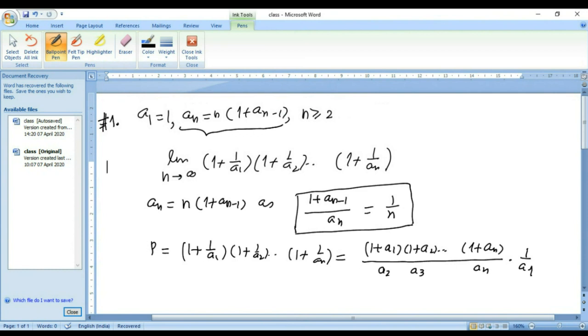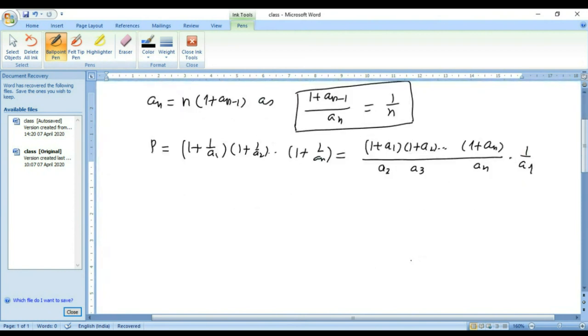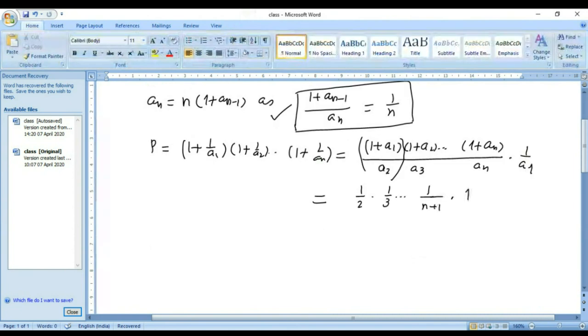So it's like this. Now, in view of the relation, the boxed one, and I just checked it also, 1 plus an minus 1 upon an is 1 over n. So 1 plus a1 over a2, this bracket, equals 1 over 2. Then the next one is 1 over 3, all the way to 1 over 1 plus an upon an. So that will become n plus 1. And then this is 1 over a1, so that is given to be 1. So we will get